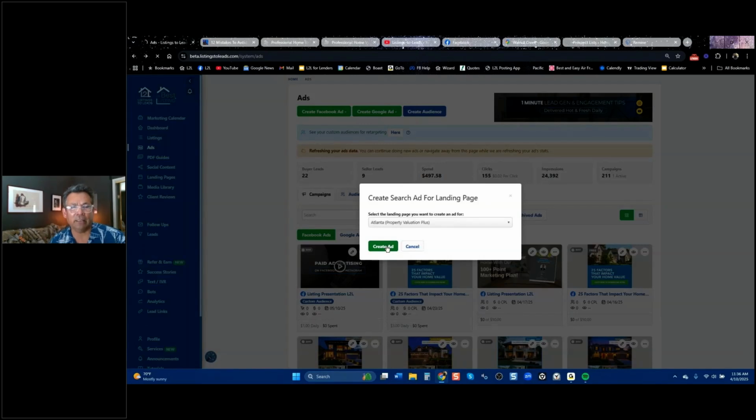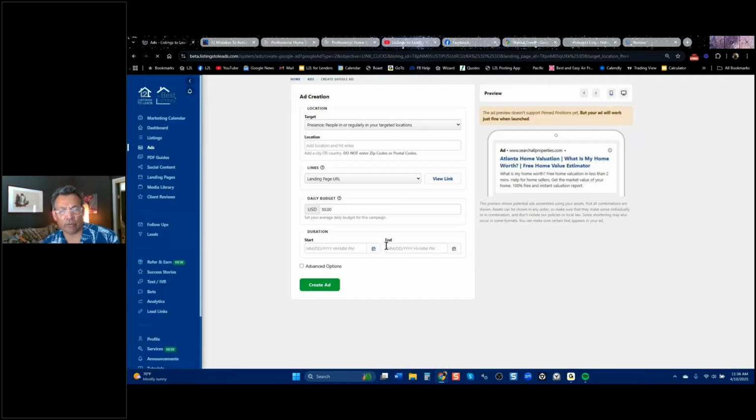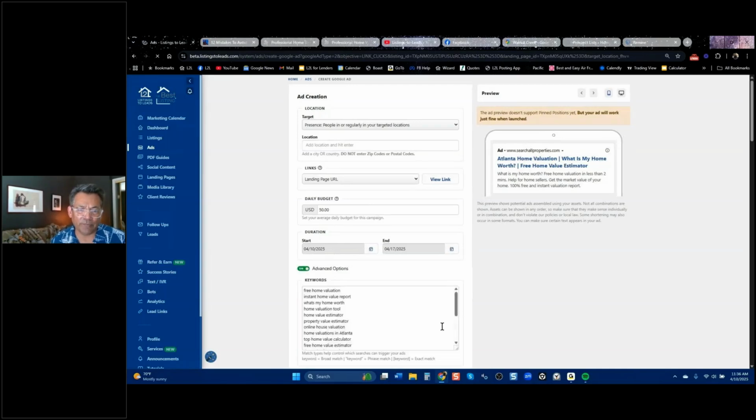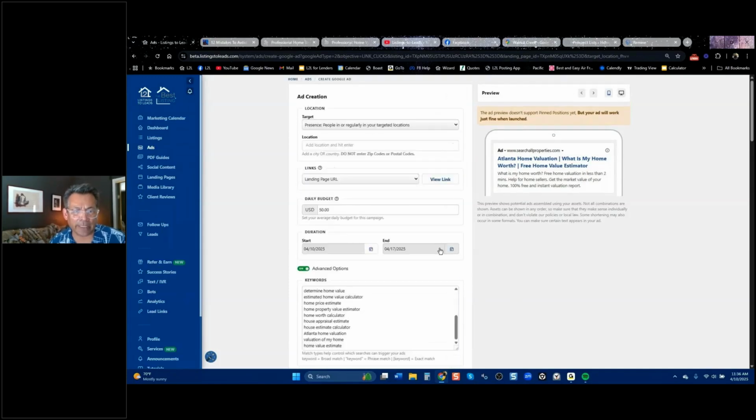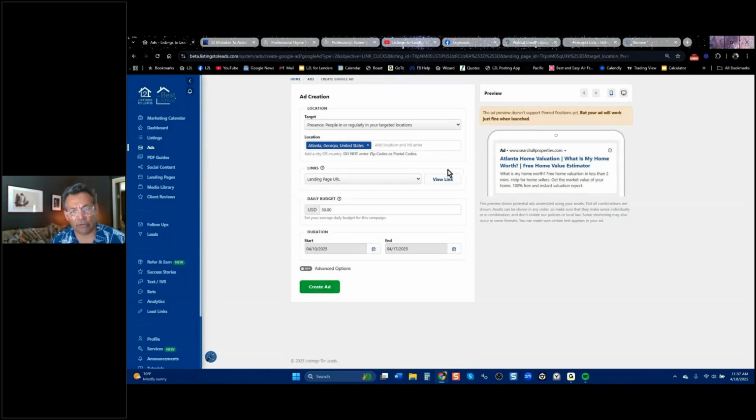So you create a home valuation landing page and you tell us, yeah, I want to drive people to this. Again, we typed in all the keywords. We've done all the headlines and all the descriptions, so it's all done automatically for you. You do need to type, in this case, the name of the city, and you need to press create ad, and that's going to create the ad.